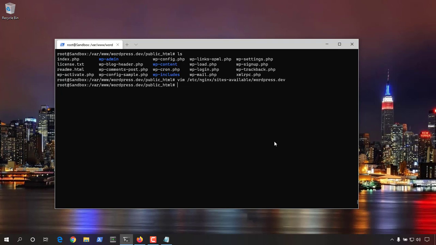Should we do a Vim? It's not required. So systemctl. What I was about to say is, should I modify the host file so I can take our current system IP address and tie it to that WordPress.dev,